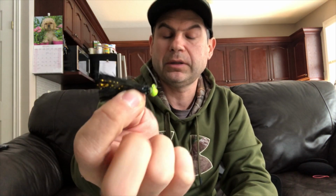Stained water, I like to use black. This is a black marabou tied by a good friend of mine, Paul, from Chromecast. He tied a bunch for me. I'll show you another one. This has got a chartreuse bead head. And then obviously one of my most productive is